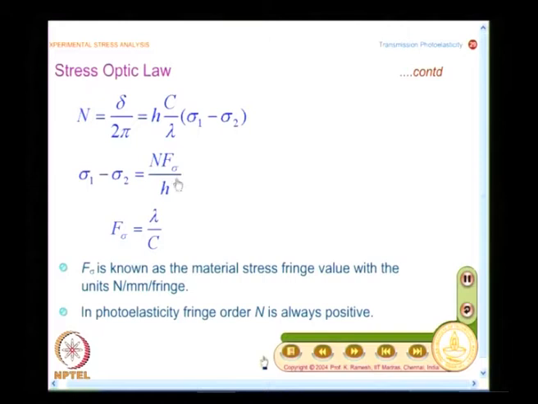In class, it is easy for me to apply the load and then show the generation of fringes very conveniently. And when I do an experiment, I want a certain amount of stability, I do not want the model to deform and introduce large deformation. When I introduce large deformation, the whole analysis becomes different. So, I want to minimize deformation. So, that is one reason why I choose different materials. There is also another reason, availability. Then you have what is called time edge effect, we will see all those issues later. So, the essence here is there will be chances for you to use models of different materials.